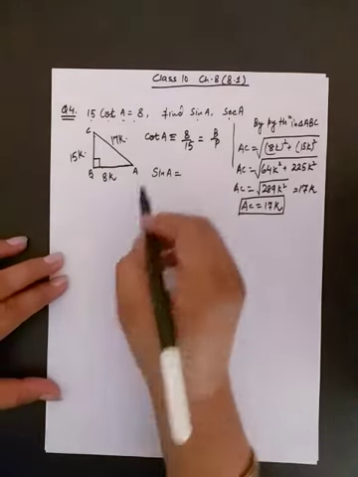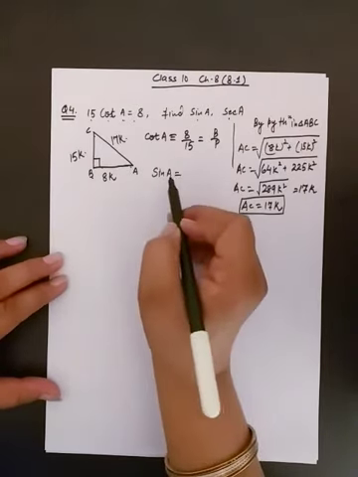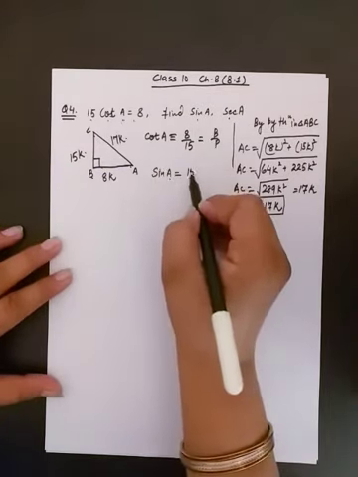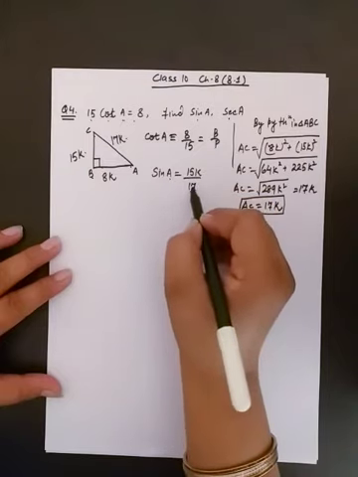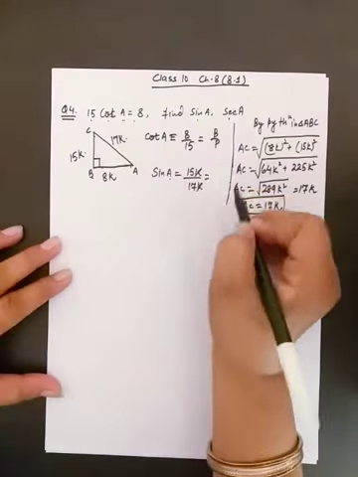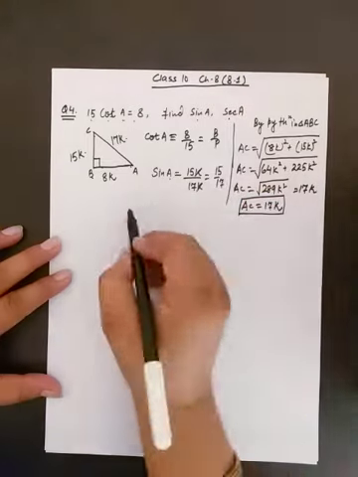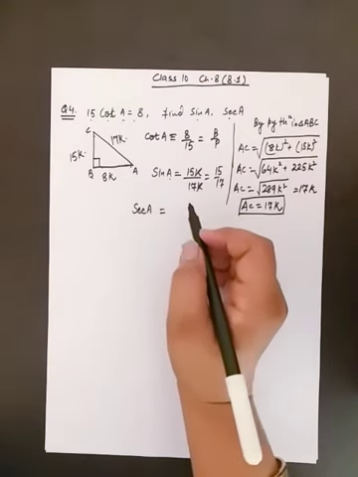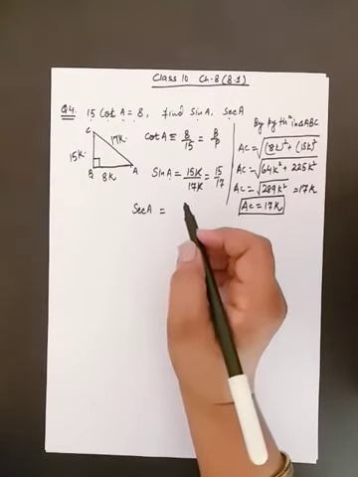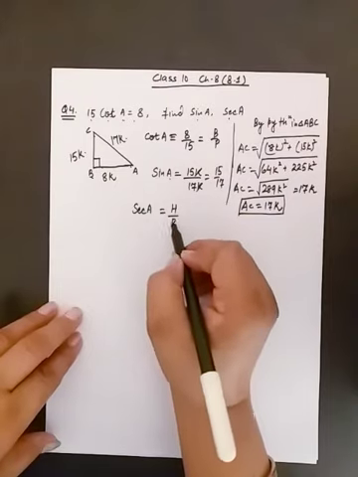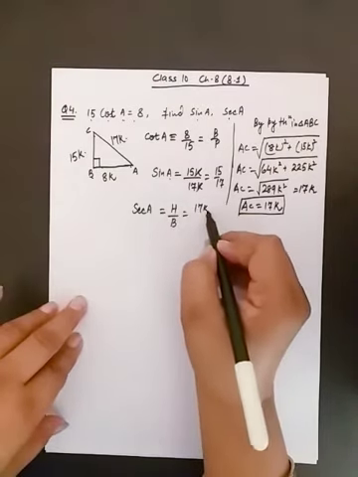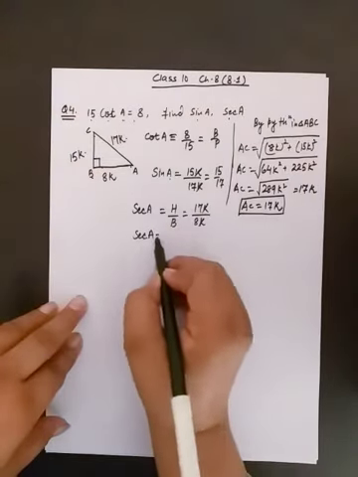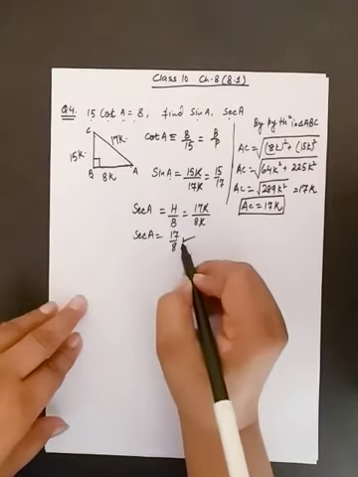So sin A will be, and A is in base, and the T ratio we have to find is for the angle A. It will be perpendicular over hypotenuse. So we get it as 15 by 17. And the next ratio that we have to find is secant A. And secant A is reciprocal of cos. And cos is base over hypotenuse. So this will be hypotenuse over base. Here 17k by 8k. So we get secant A is equal to 17 by 8.